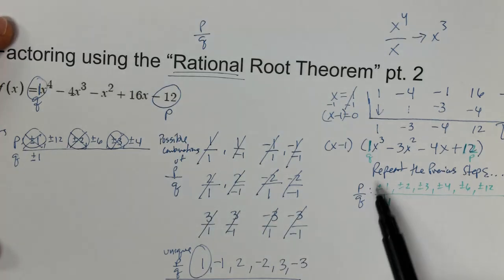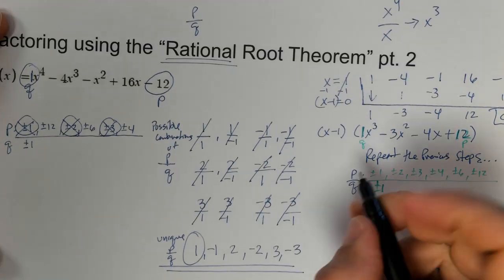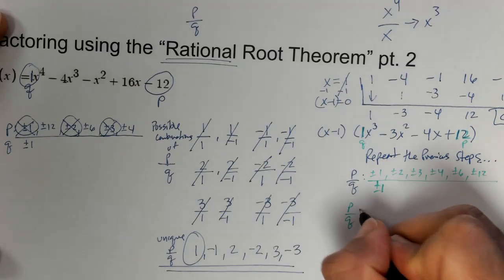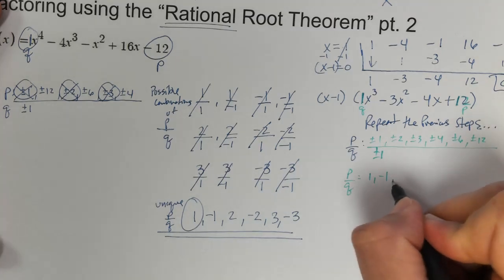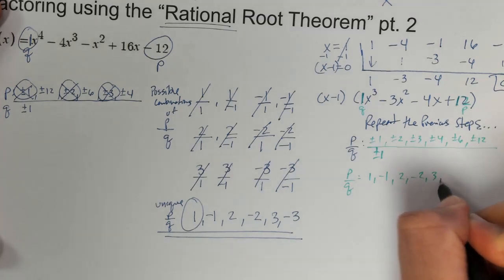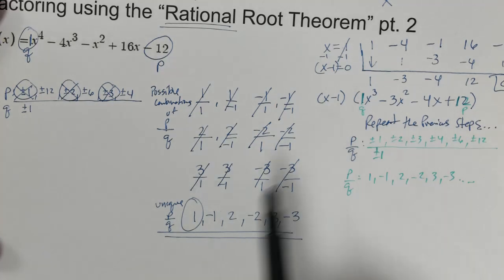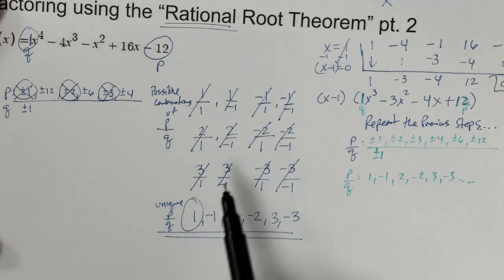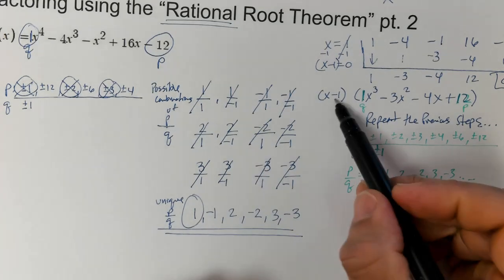If I do this again for the new one, which is a cubic, I will now have unique P and Q values of 1, negative 1, 2, negative 2, 3, negative 3, and so on. I would repeat this process again, but since they're the same numbers, I can tell that they're going to be the same ones as before. So let's try something else. We've already tried x minus 1. Let's try